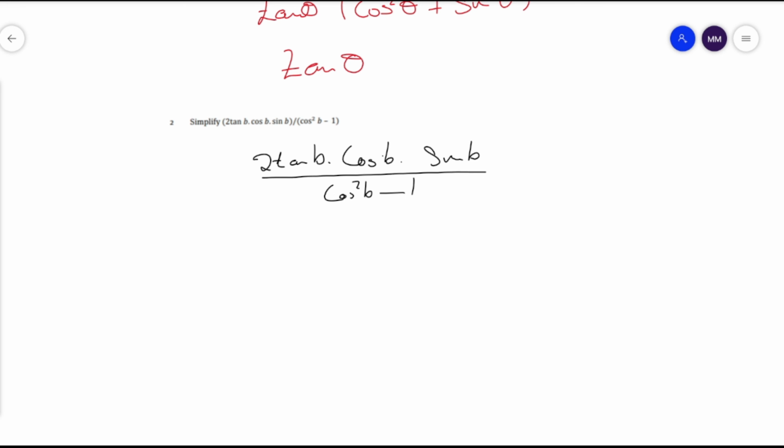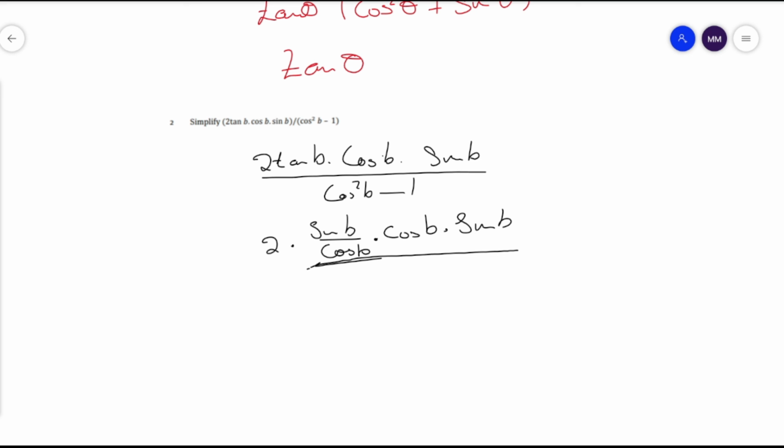So we're going to use trig identities. This is a quotient identity, so we'll put in 2 times sine of b over cos of b, multiplied by cos of b, multiplied by sine of b, and all divided by